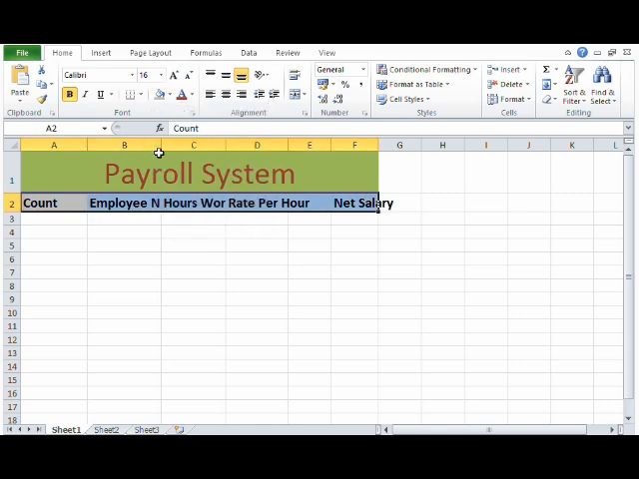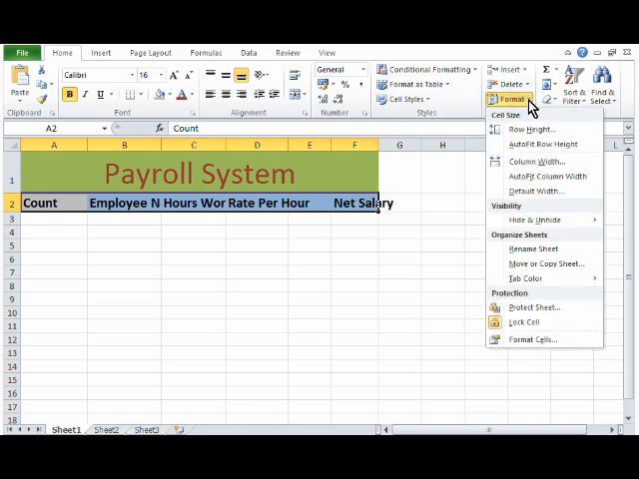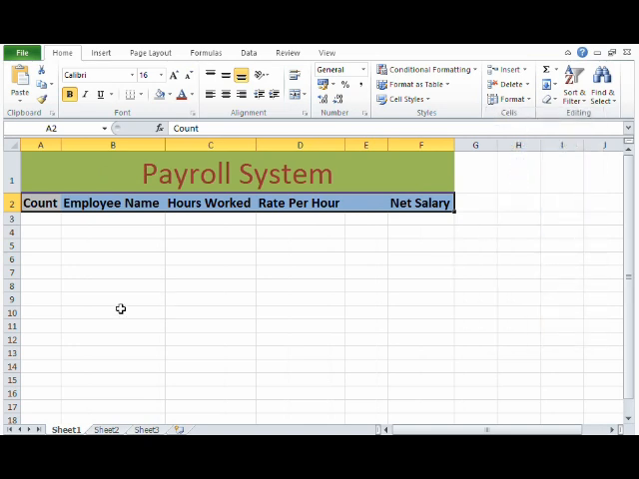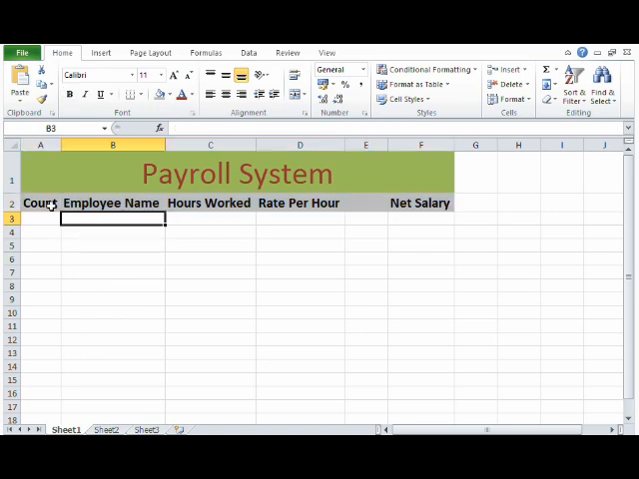And then for me to increase the size of the cells, let me just go to format, auto fit column, and then you notice it auto fits everything that was highlighted. I'm one step closer. Again, I notice that the columns for count, employee, hours, rate per hour, and net salary do not show any divisions among them,